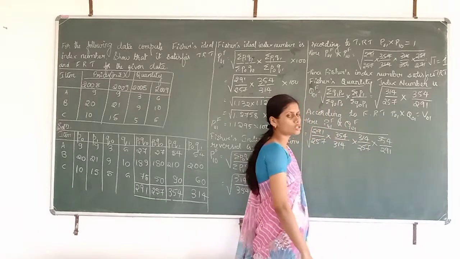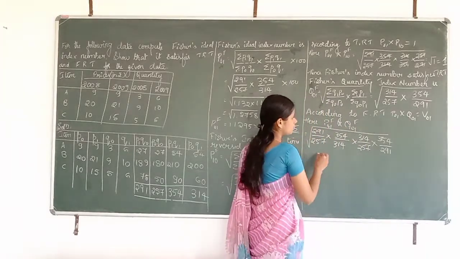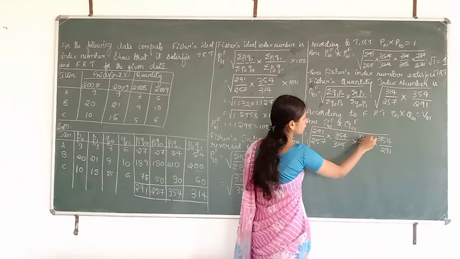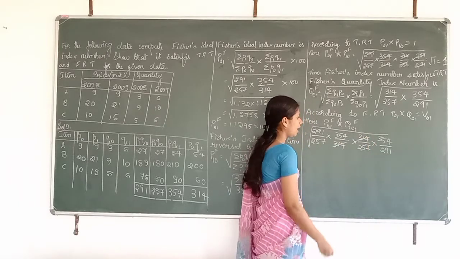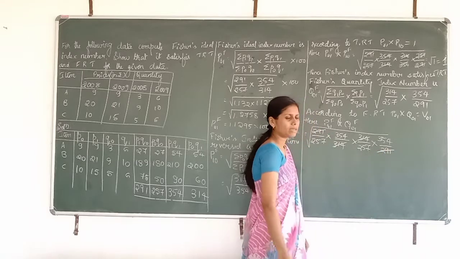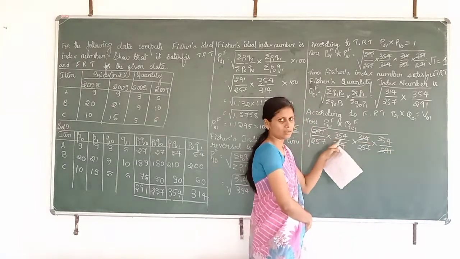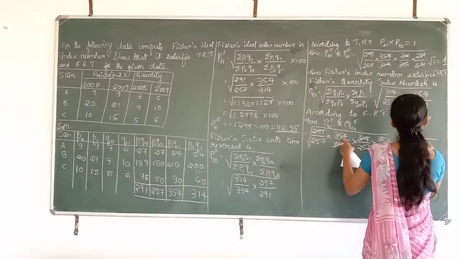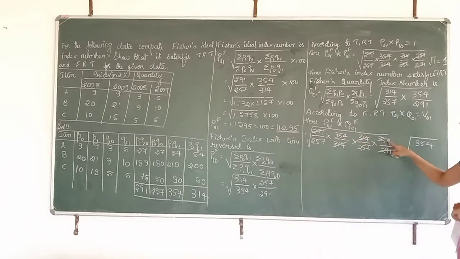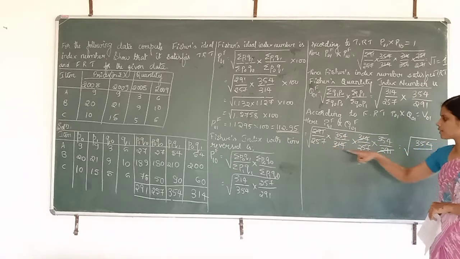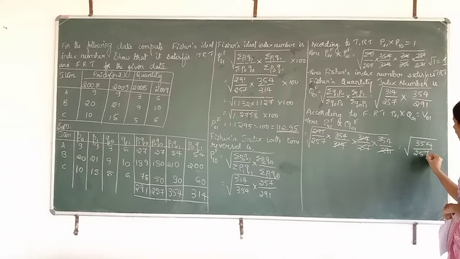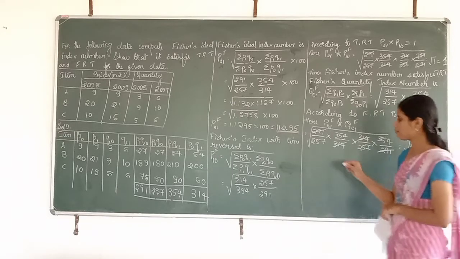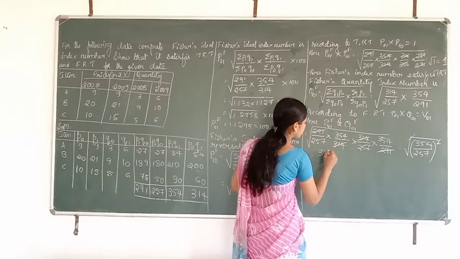Now see for which values you can cancel. Here, 314 can be cancelled and 291 can be cancelled, but the other values cannot be cancelled. So the remaining values are, equal to square root of 354, twice, divided by 257. As 257 is multiplied twice, we can write it as a square. Now square and square root get cancelled. So remaining is 354 divided by